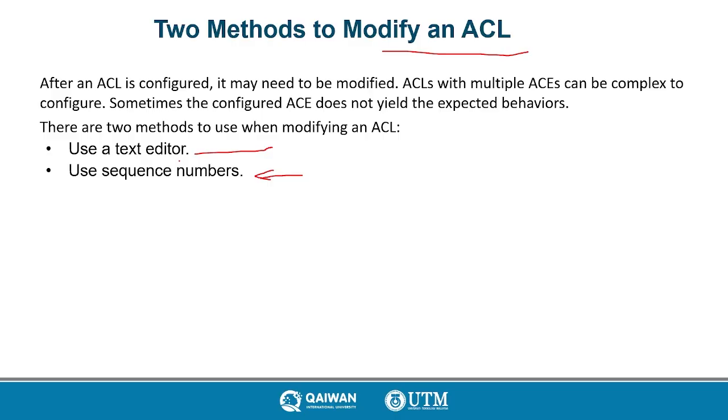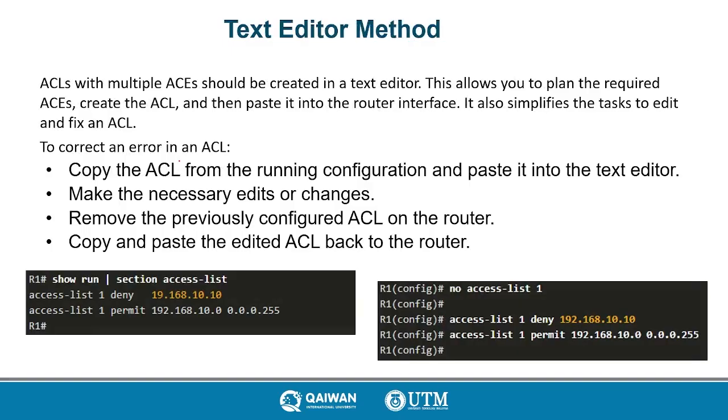How to do that? There are two major methods, okay? The first one, use text editor or use sequence number. We will go through each one. Okay, an access list with multiple ACEs should be created in a text editor. This allows you to